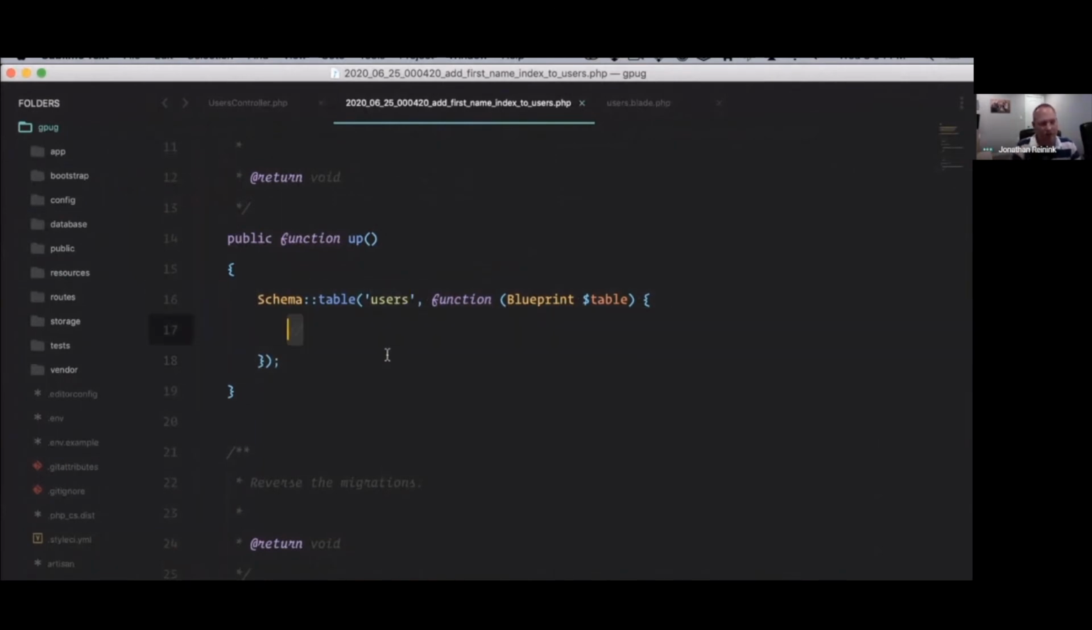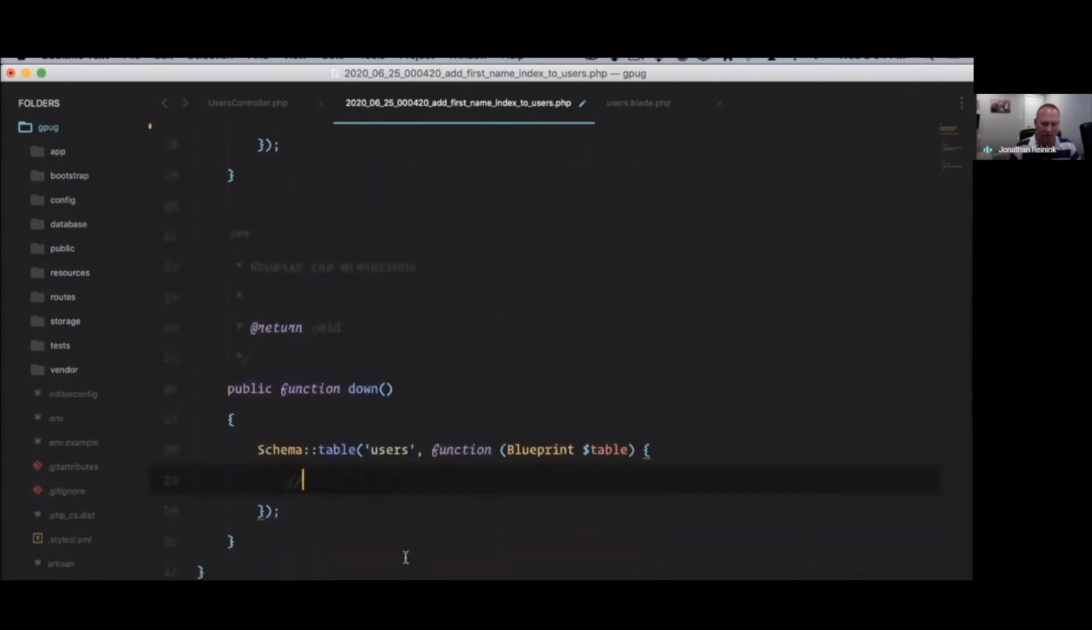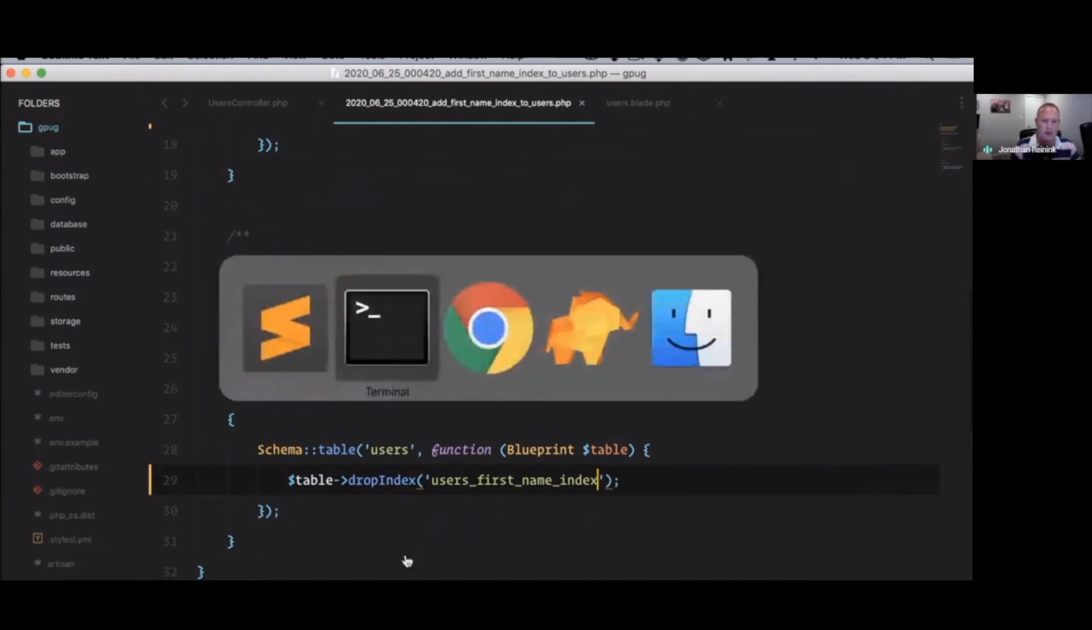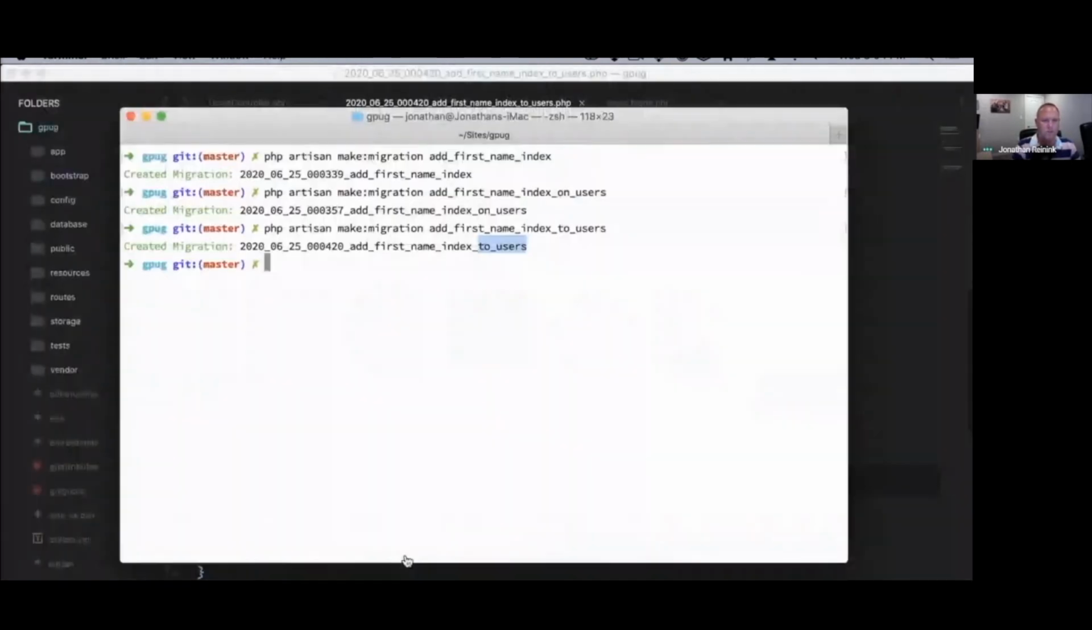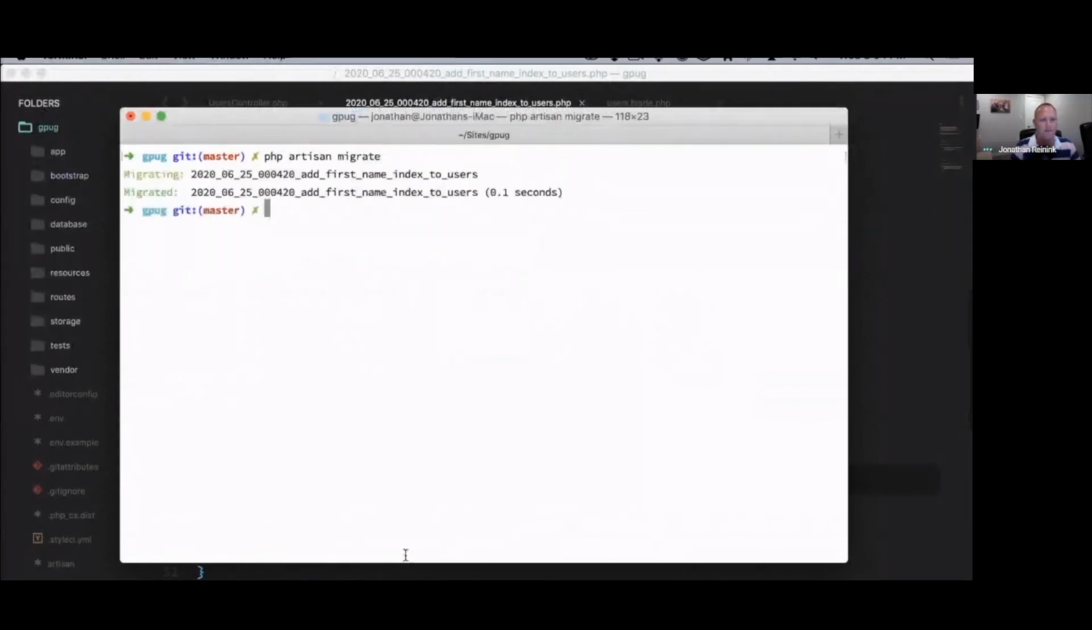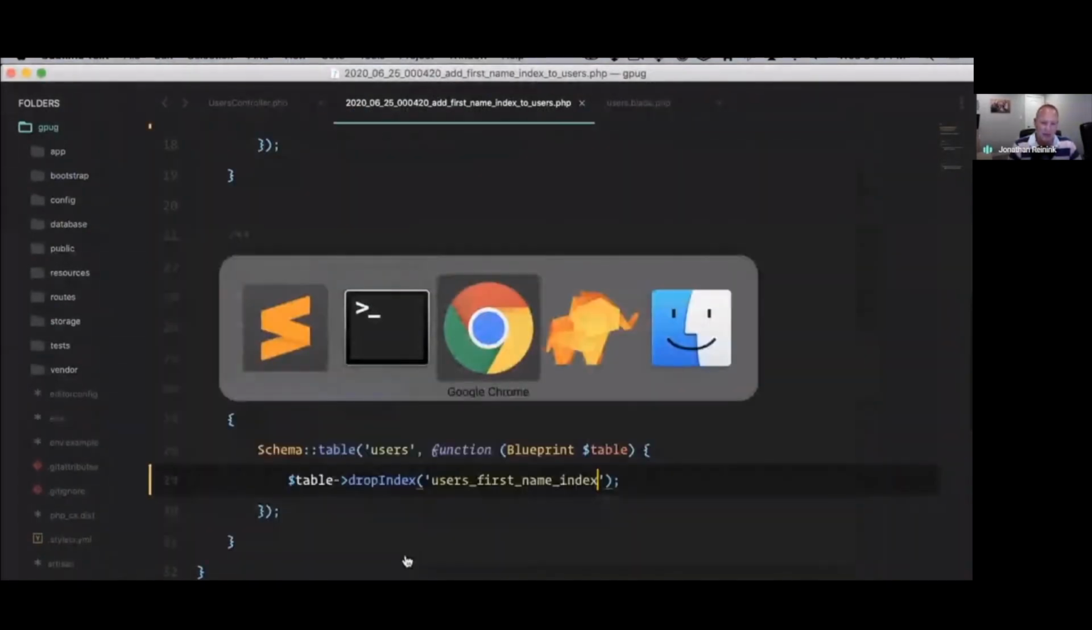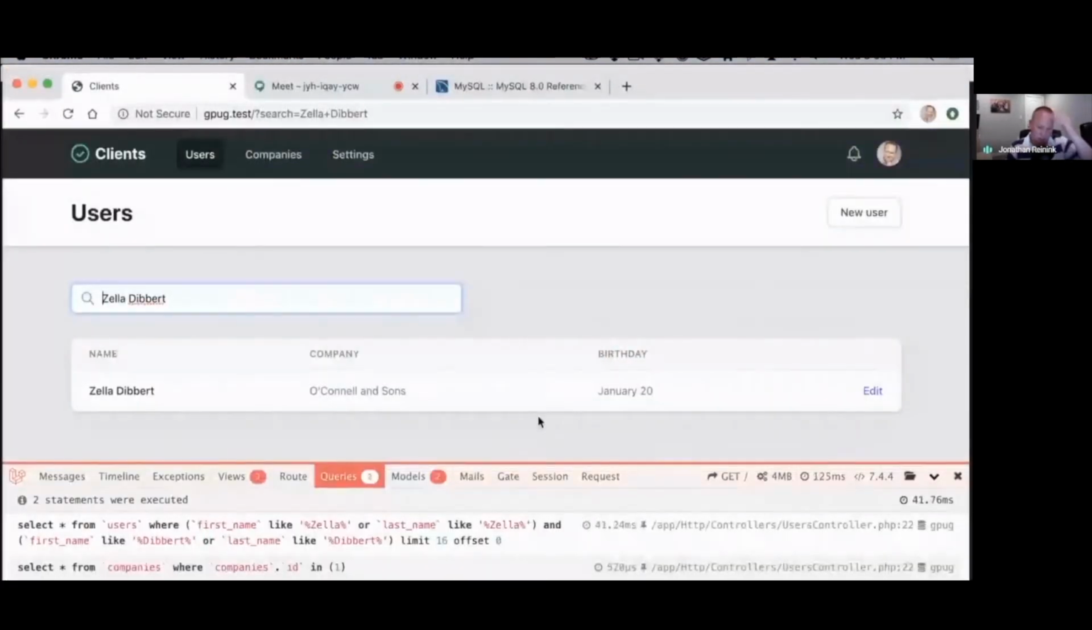Okay, tangent. So let's go in here and say table index, and we're just doing it on the first name, as I mentioned, okay? And we'll put the down one in here just to be consistent. Drop index users first name index. Okay, and now let's run the migration. php artisan migrate. Okay, and now if we go here and we hit refresh, surprise, surprise,